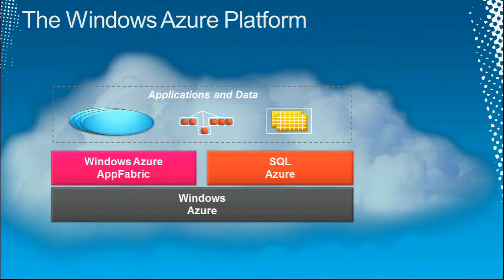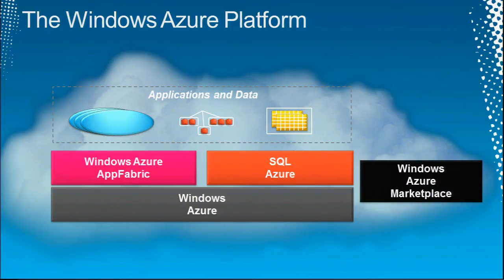So these guys are all about supporting apps and data that run in the cloud, and in some cases, we'll see, also apps that run on-premises. The fourth piece is this guy called Windows Azure Marketplace, which is what it sounds like. It's a store, it's a marketplace to help you find applications and data and more in the cloud. I'm going to spend the next chunk of time here, most of this session actually, walking through those four colored boxes and telling you what each one does.